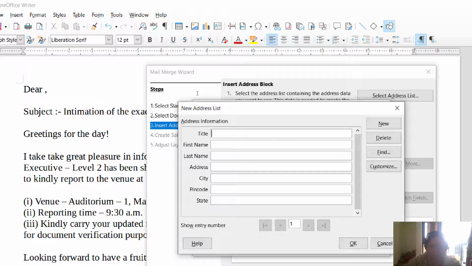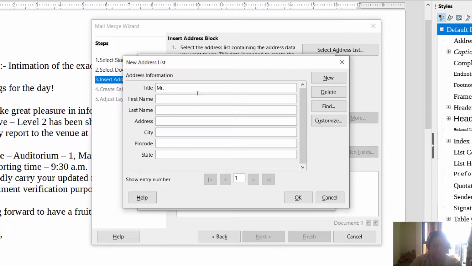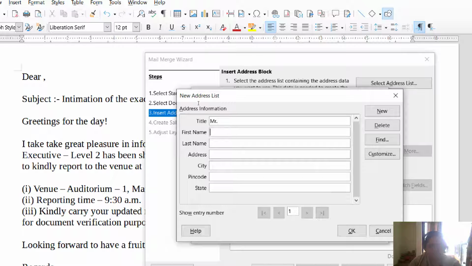So we are going to type the title here, like here. I'm going to type the details. Some fictional address I'm typing over here.